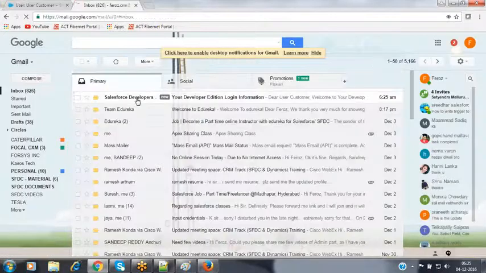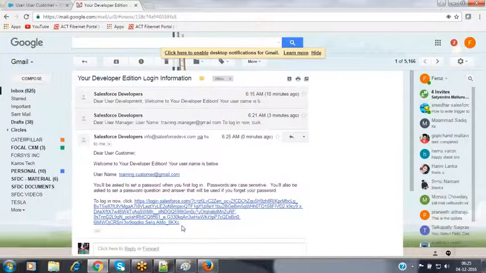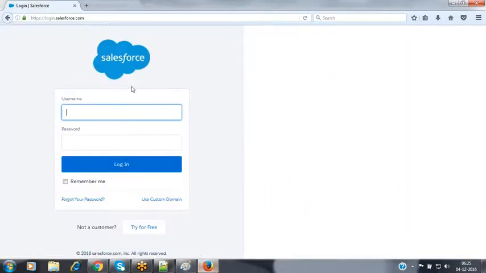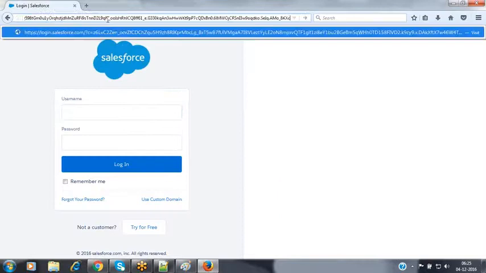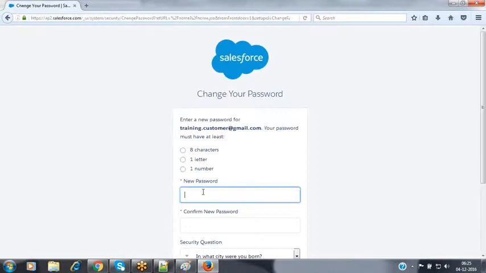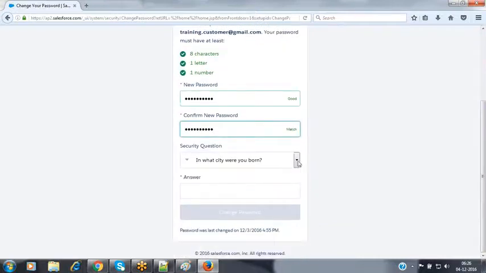Go to the account activation link which you have received from Salesforce and copy that link, open it inside a separate browser. Enter the password and the confirm password, security question and the answer.